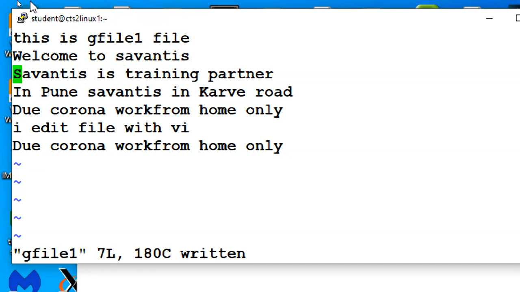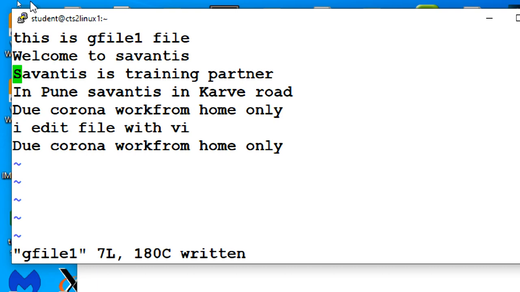Now these two lines I want to copy. Here I copied one line only. So now I want to copy these two lines: Savantis is a training partner, and in Pune, Savantis in Karvenagar. Now what I'm going to do is yy to copy. How many lines do I want to copy? Two lines.